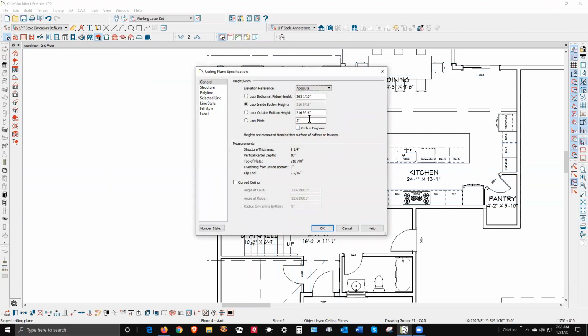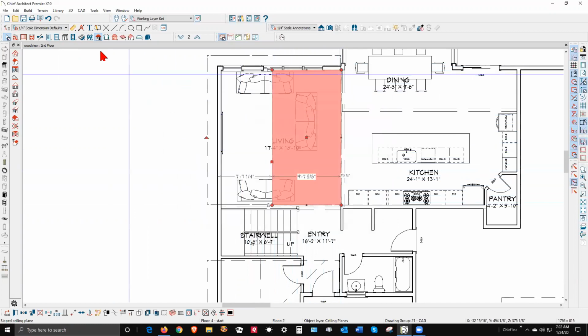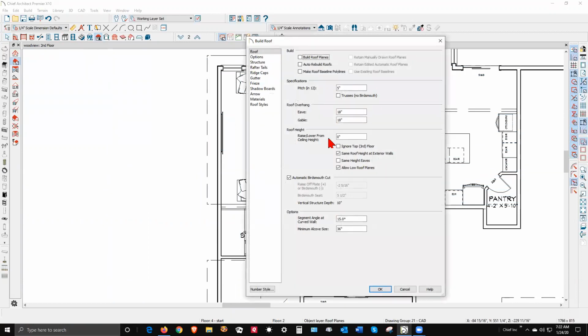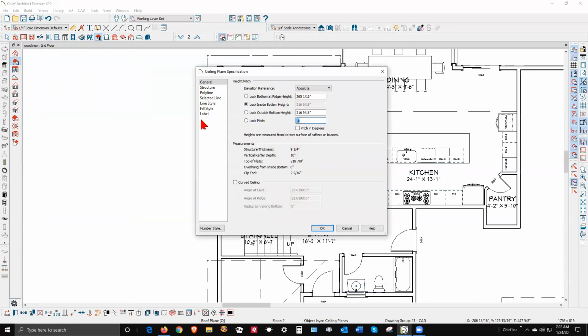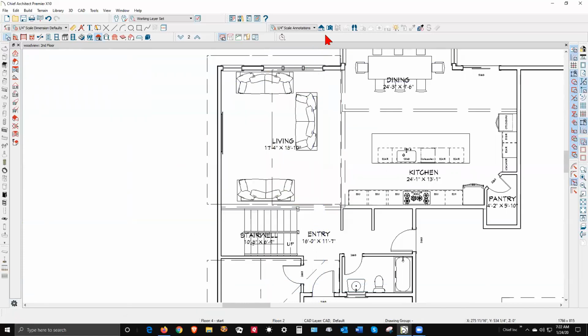See, it's coming in at the default setting over here for roofs. See, it's set to 5. But what you do is just open the dialog box of the ceiling plane. I'm going to change it to the same pitch as the roof plane above. So now we'll go back